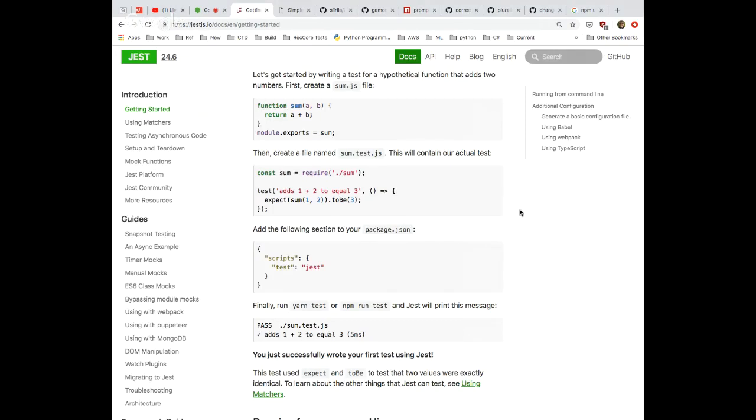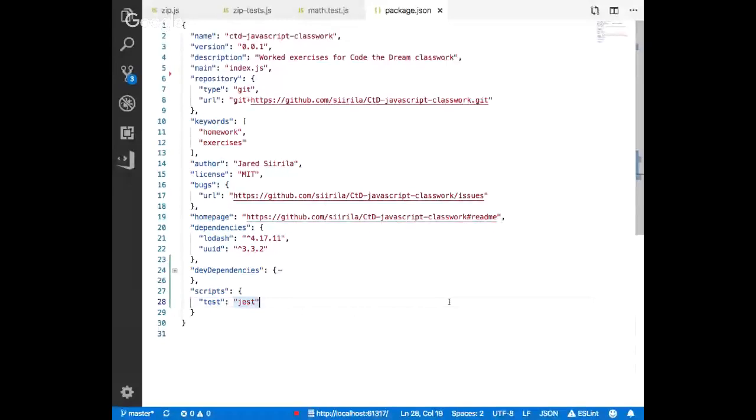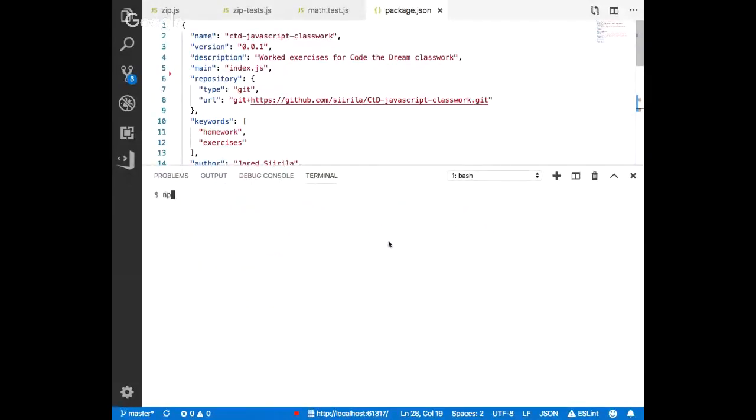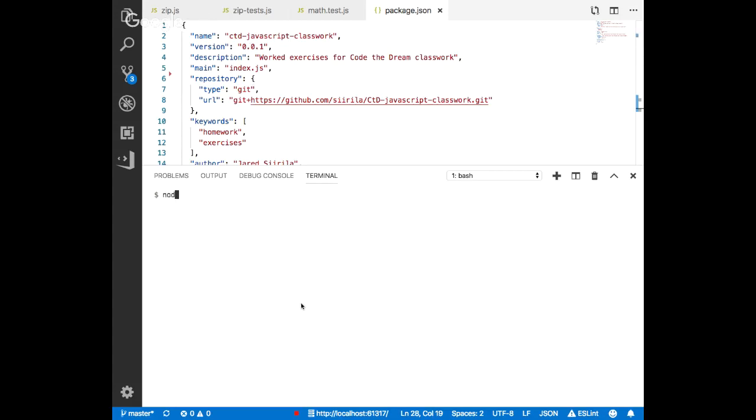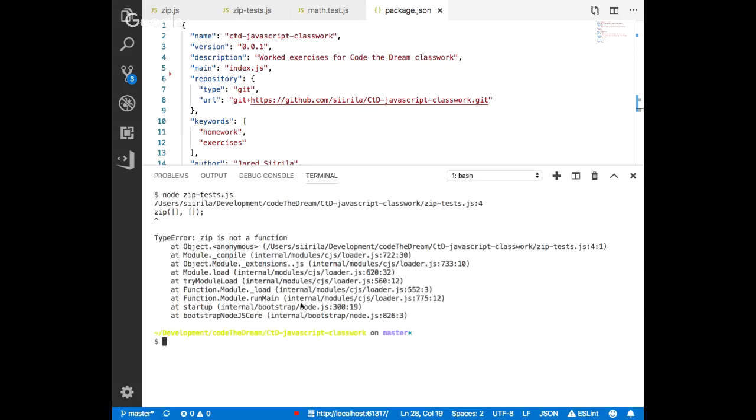I won't move on from that. Let's just talk about some of the niceties that we get here. If I do npm test again, if we compare the output, here's what Jest gives us. It gives us this nice pass message. It tells us what tests pass. It tells us it ran all our test suites. It's a nice bit of graphical, structured, colored output. And if we compare that versus what we already had in this project, which is this zip test that we can run, if I run node zip tests,